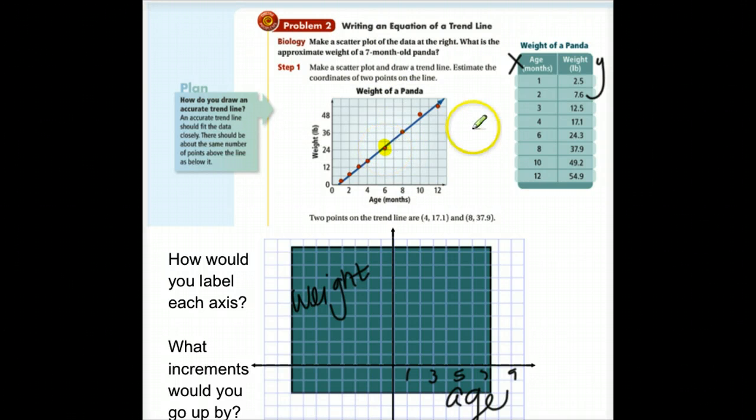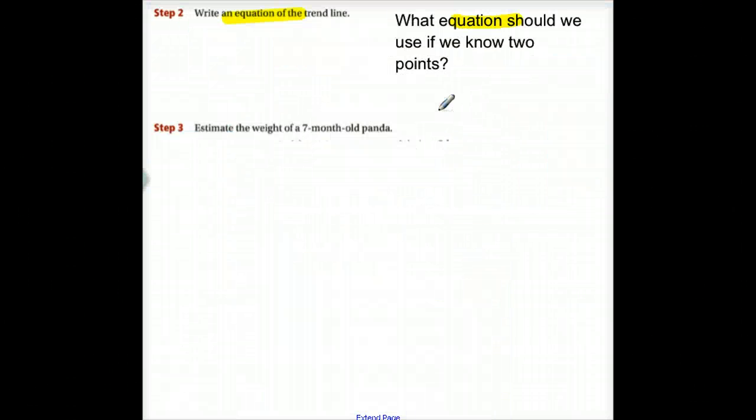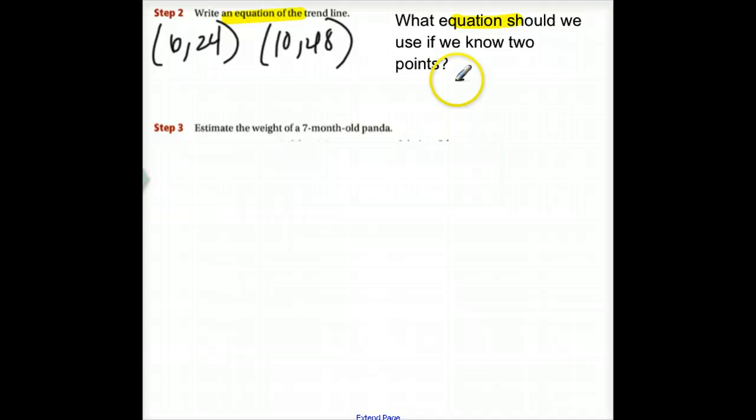I'm going to pick this one and this one. So my coordinates are 6, 24. Now remember, you could have different points than someone else uses in your class. 6, 24, and this one is 10, 48. All right, 6, 24 and 10, 48. So to write an equation, we need to know the slope and we need to know a